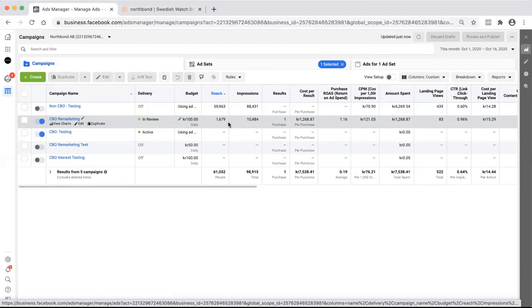And when I start to test lookalike, should I do ABO or CBO? When you're testing, test on an ABO level. Okay, sure. Perfect. Do you have any other questions alongside those?